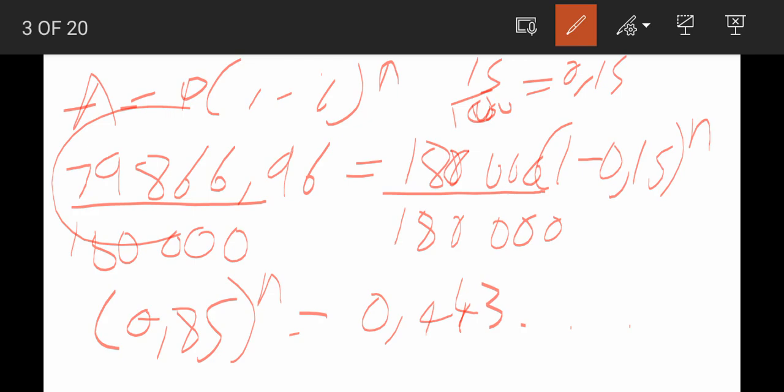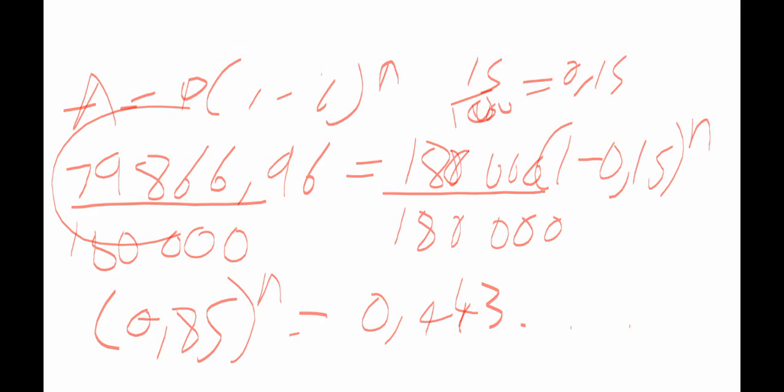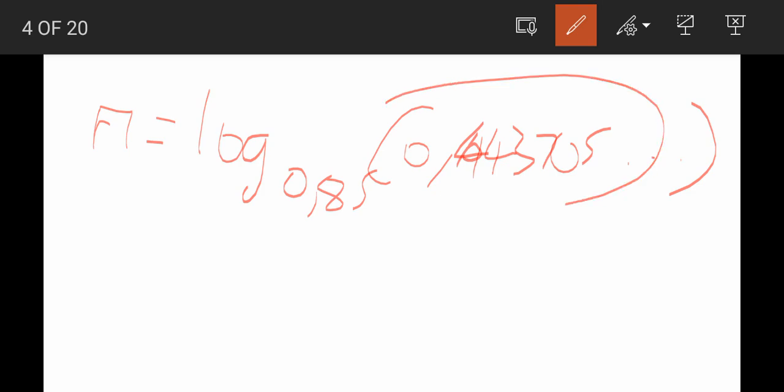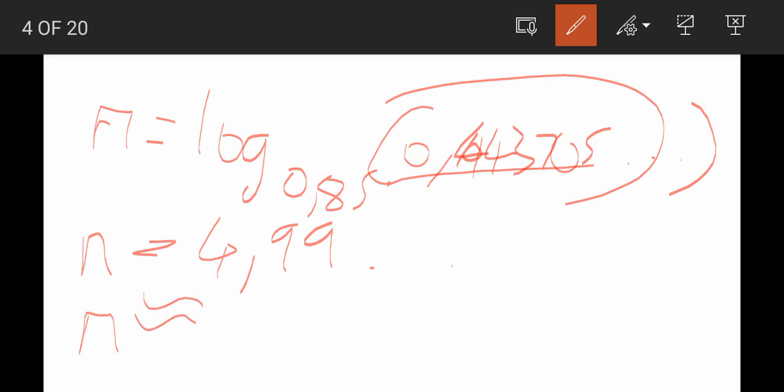So knowing your logs here, you have to apply your logs, because here you are dealing with an exponent. So you know that n is equal to log, then whatever you had as a base there, it goes here, 0.85, then those numbers 0.43705 and so on. Make sure when you write it in your calculator, you never erase this one, because we don't want your answers to be rounded off until you arrive at the final answer. So make sure you save your answers here, so that you can just insert them here, right? Then it's going to give you 4.99 something, which if you round it off, is approximately 5,